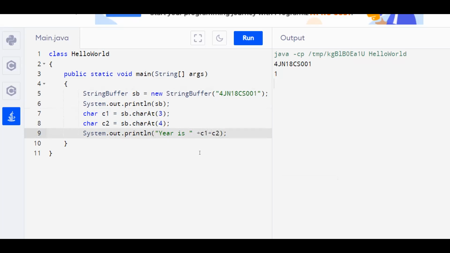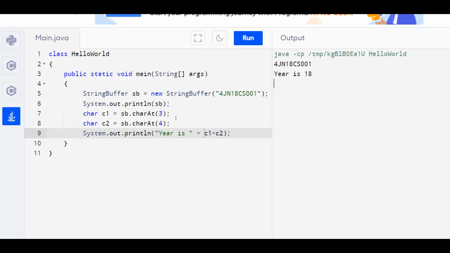C1 plus C2 will append those characters to this particular string. So here you can observe, here is 18. Similar to this, we can extract other information also from this.